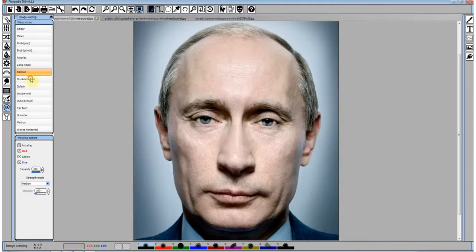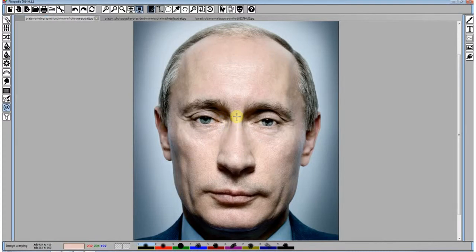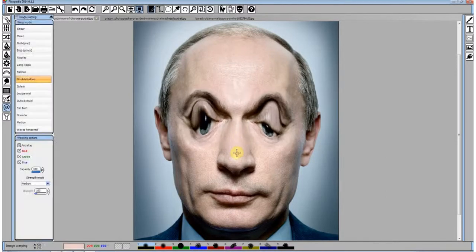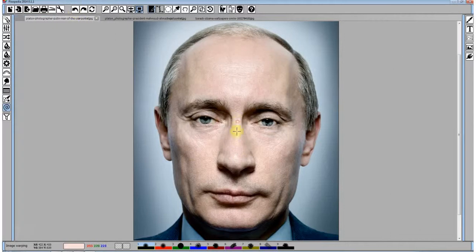Yep. Here is a double balloon. I will return to immediate warp. Now it's similar to balloon, however, when we go down, this central horizontal part is squeezed, while the other two parts are wider.